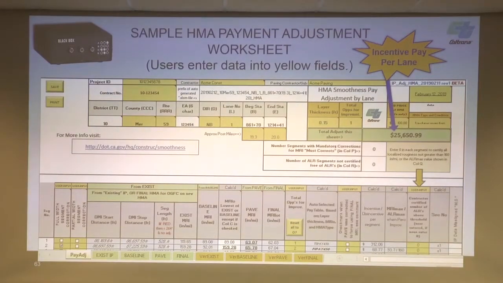Okay, now this is the spreadsheet. All these yellow cells are input, so these are all generic information up here. And down below here's where the dollar amount is calculated, when everything's in compliance. If something's non-compliant on this lane, it's going to show non-compliant. He's not going to get an adjustment.